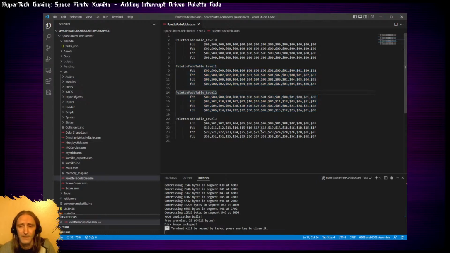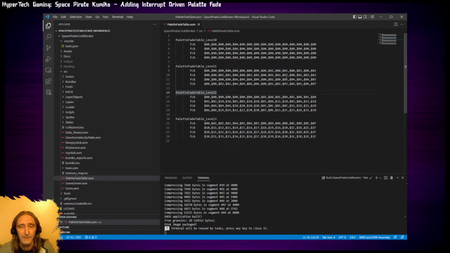If you don't know much about how the CoCo stores its palettes, they are all set via RGB if that's the mode you're running, or composite. There's some differences, but in RGB mode each color channel, the red, green, and blue, is comprised of 2 bits. So they have a value of 0 to 3. So you just take that value and subtract whatever the level value is, and that'll give you what it translates to. But we're going to use some tables so we don't spend too much time